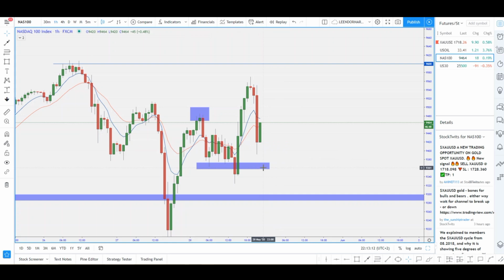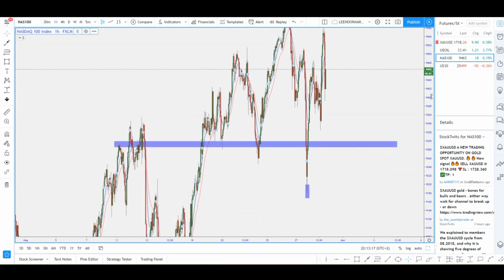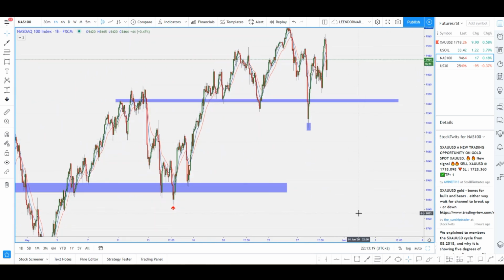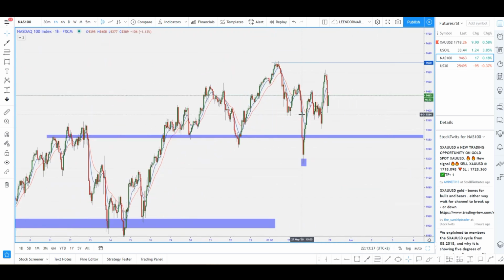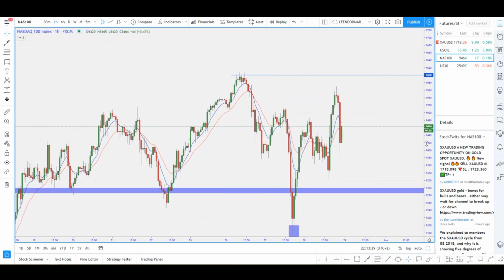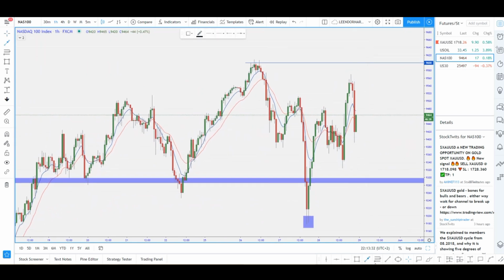So this is how you would use the tool to get proper directional bias, get proper anticipated levels of pullbacks and everything else. So I hope you guys actually got to learn how this tool works. On a downward move, you would have obviously drawn it from the previous swing high, so the top of the wick